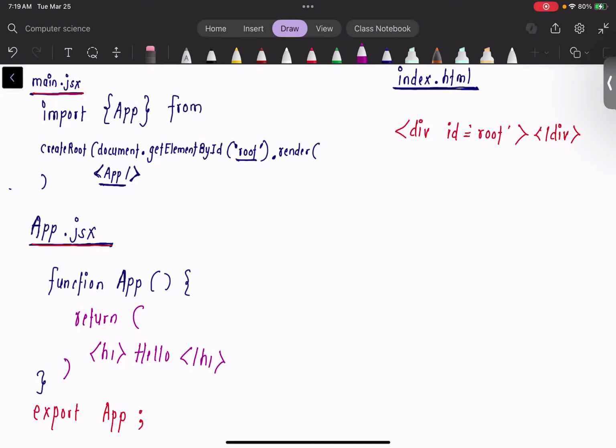Now, if you check the folder structure, guys, under SRC we have main.jsx, and inside this SRC only, we have app.jsx. So this app we are trying to import into main. So we are telling import app from, can I say both are present in the same folder SRC? Yes, right? So we will tell from in single quote dot slash, means in the same folder, you have one